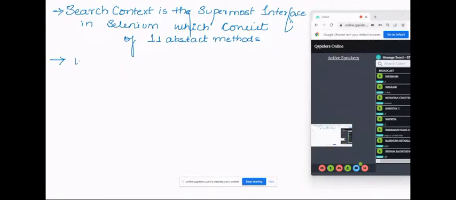Next, WebDriver interface which consists of